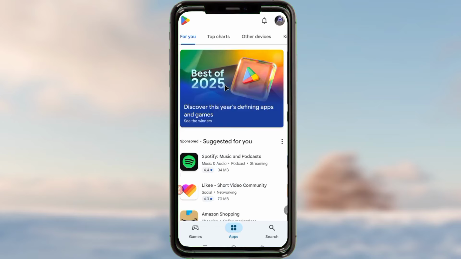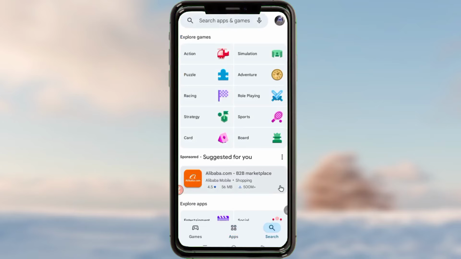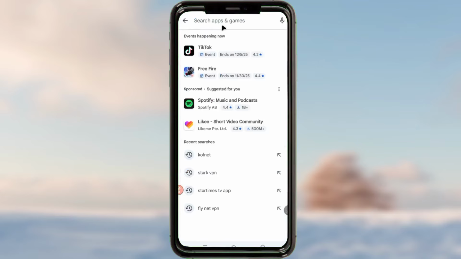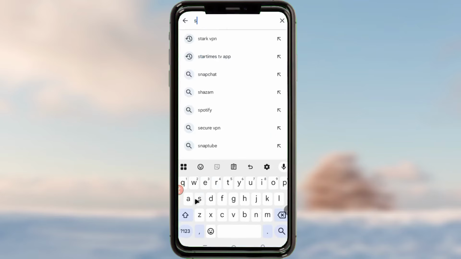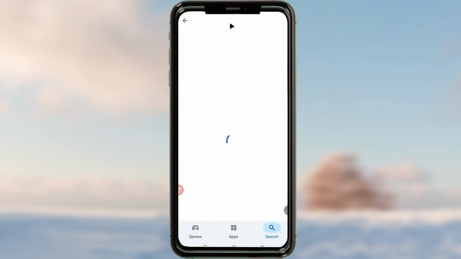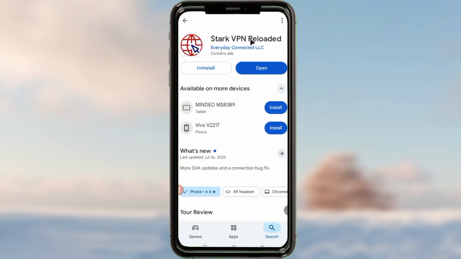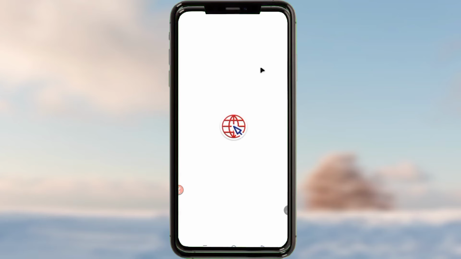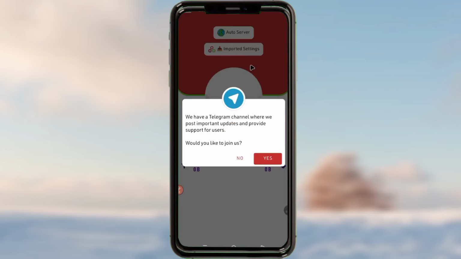So you head over to Google Play Store where you can search and install Android apps. When you reach Google Play Store, you search for Stark VPN. This app is known as StarkVPN Reloaded. So you pick this one, StarkVPN Reloaded. So you open the app to set it up, and as we open this app,